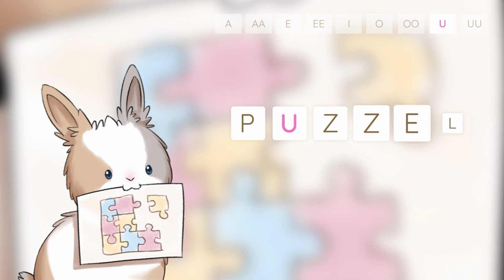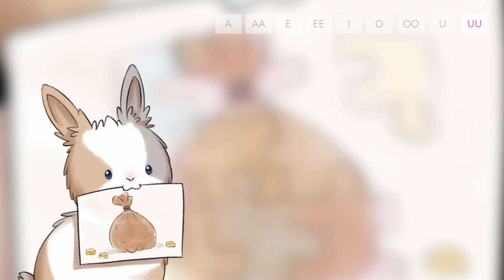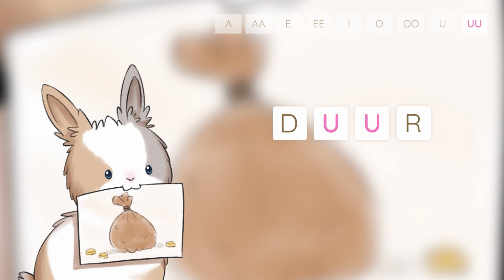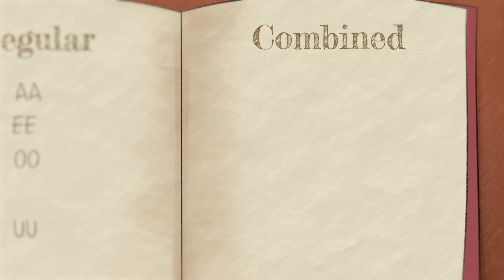As in the word puzzel, which is Dutch for puzzle, again, big surprise. And again, just pronounced a little different. Puzzel. Lastly, we have u, as in the word duur, which means expensive in Dutch. Duur. The second set consists of vowel combinations that each creates a new vowel sound, and is composed of